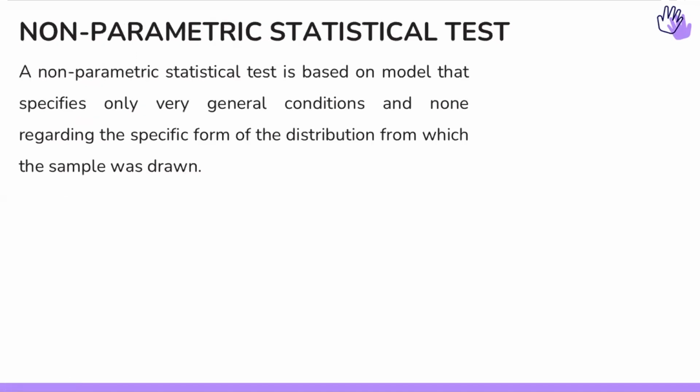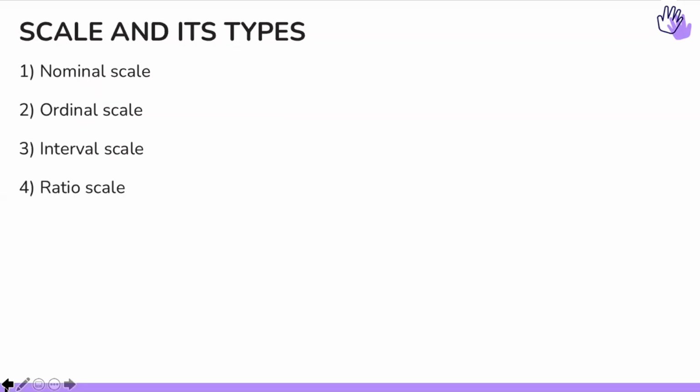In the nominal scale, what happens? The nominal scale deals with nominal data or classified data, such as, for example, the population divided into males and